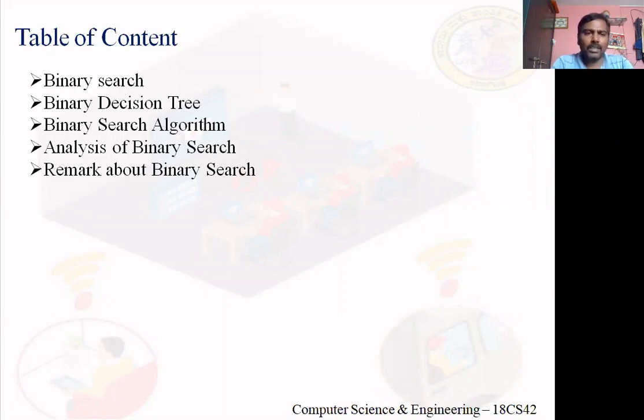Next, we'll look at the binary search algorithm. Then we will analyze the efficiency of binary search. At the last, there's a remark about binary search. I said it belongs to the divide and conquer strategy, but though it belongs to divide and conquer, there's no conquer phase in binary search.